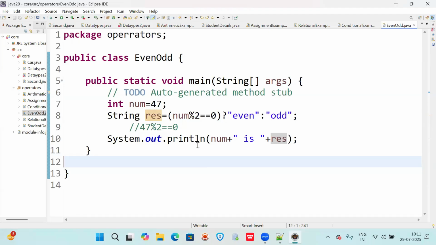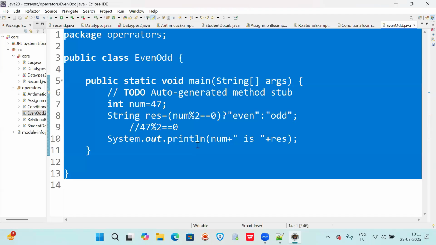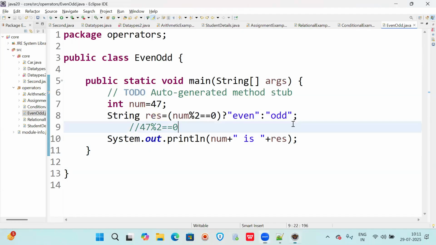Monica, is it clear? I'm sharing the example also in the chat box. Just check once. Did you understand? So this is an example on conditional operators, like greatest of two numbers, and a number is even or odd.